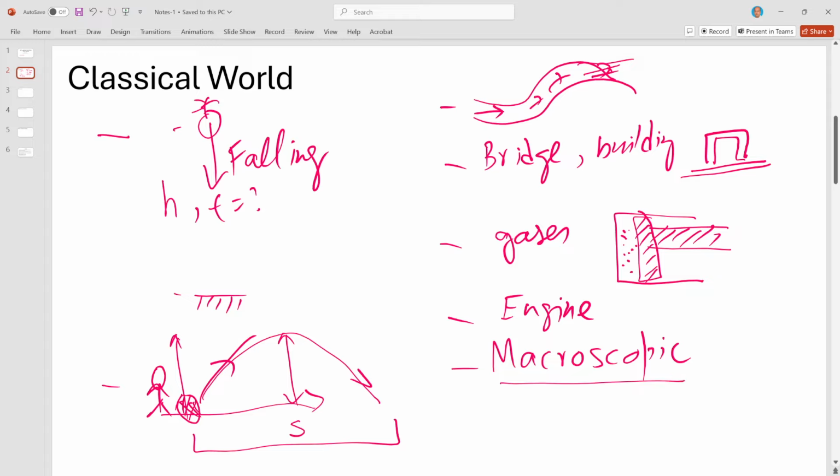And even when we think of these macroscopic objects as a composite object, for example, a building or a bridge or maybe gas or liquid, we think of the big thing as composed of smaller parts. And then the idea is that even if we want to work out how the whole thing is doing, all we have to do is try to understand how the individual particles are doing, and then we add up their